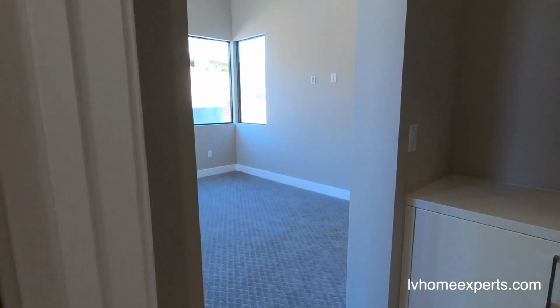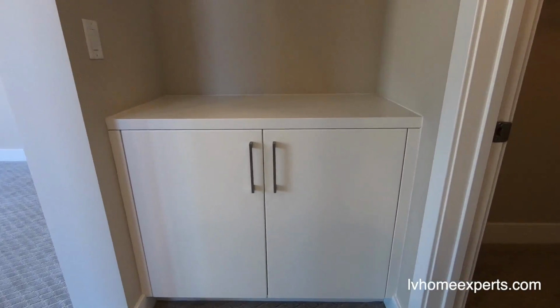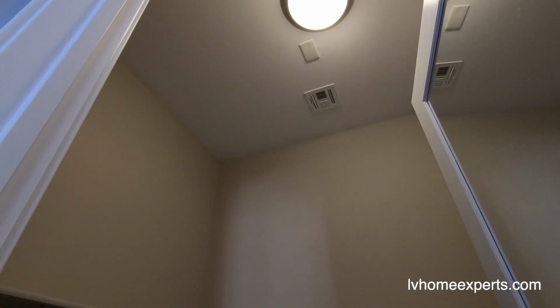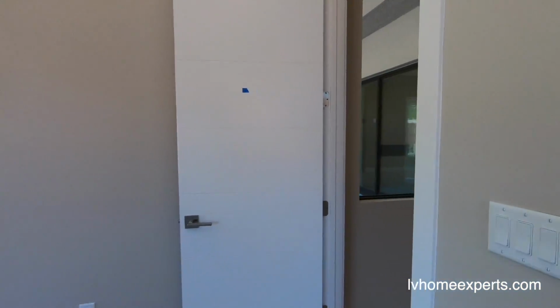The carpet on here is more of an industrial carpet, which is very plush. They definitely spent the money on the upgrades on the pad on here. Now remember, this is a spec home, and on spec homes, builders are just trying to liquidate this property or properties like this that are spec. And when they say spec homes, that means